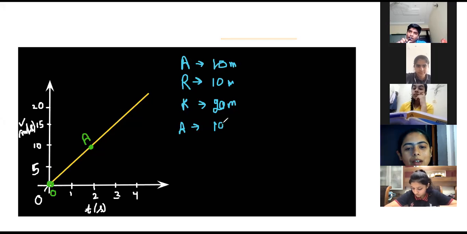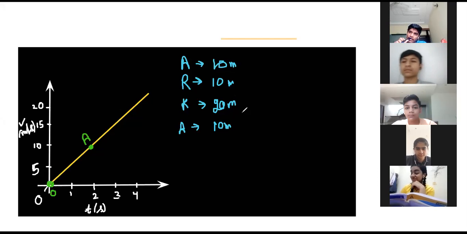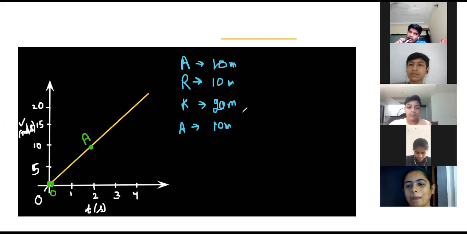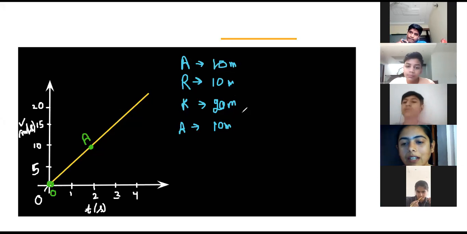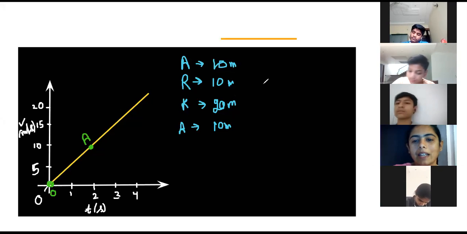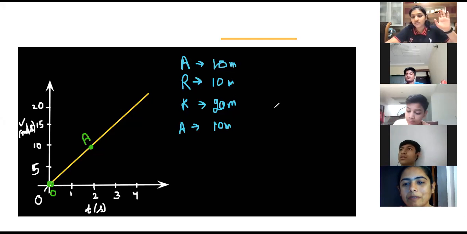Now, Kushkaran, you have to check it once. Or the other three, you have to check it once. Maybe Kushkaran is correct. You three are doing the same mistake. So don't be so confident. Everyone, you have to try it. It's not that because three people's answers came the same, it is the correct one. Yeah, we go with the majority somehow, but it may not be the same in numericals. Maybe all three are making the same mistake.